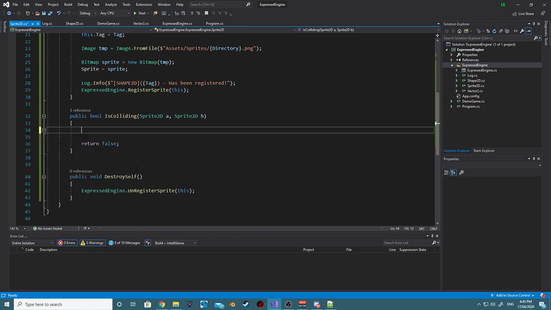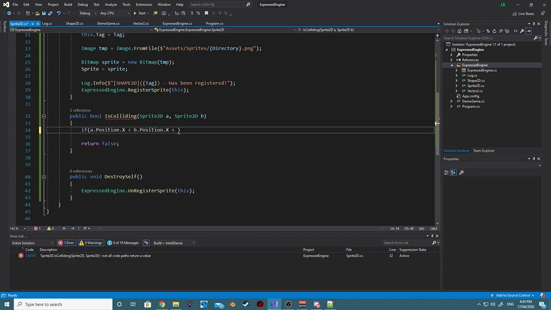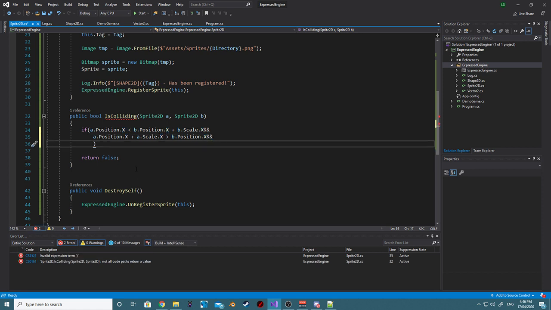Okay, let's try this one. So, if a dot position dot x is less than b dot position dot x plus b dot scale dot x, and a dot position dot x plus a dot scale dot x is greater than b dot position dot x, and a dot position dot y is less than b dot position dot y plus b dot scale dot y,